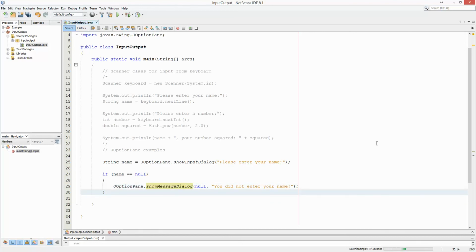Okay, so let's quickly test that. If I run it now, you'll see it pops up this. If I click on cancel, it says you did not enter your name. So what happened when we clicked on cancel? We saved the value null there, and we tested if it's null, we print this out. So that's why it printed it out. The else part there,